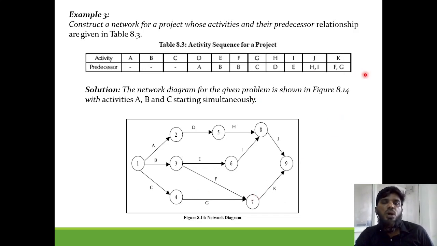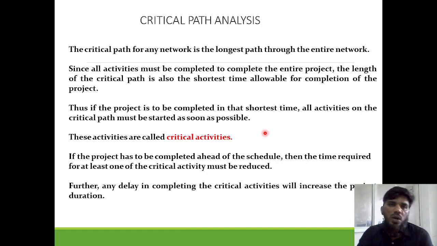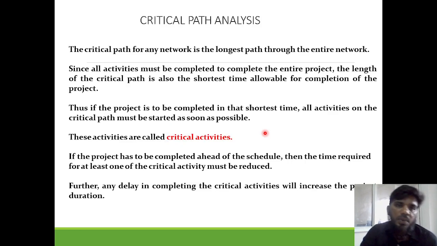You have to see all of this, and only then draw. First you can draw roughly and then you can make it fair. In this way you have to draw the network analysis. Just go through this PPT, and you will find it much easier when you are preparing for the exam. This is one of the easiest topics where you can easily score,